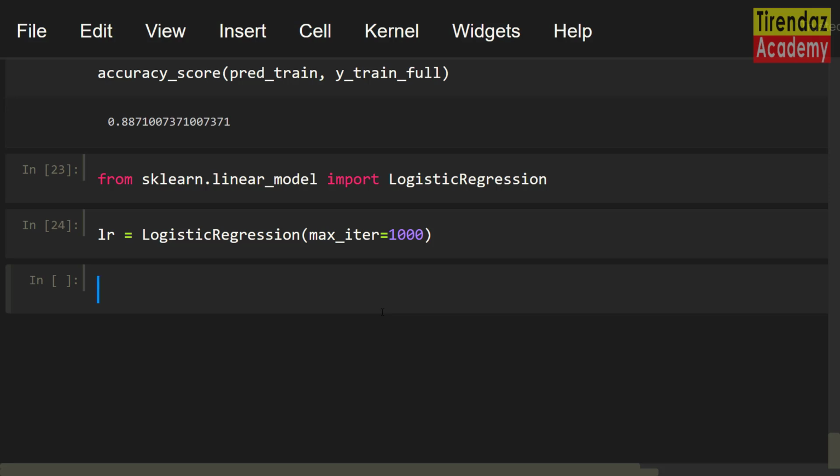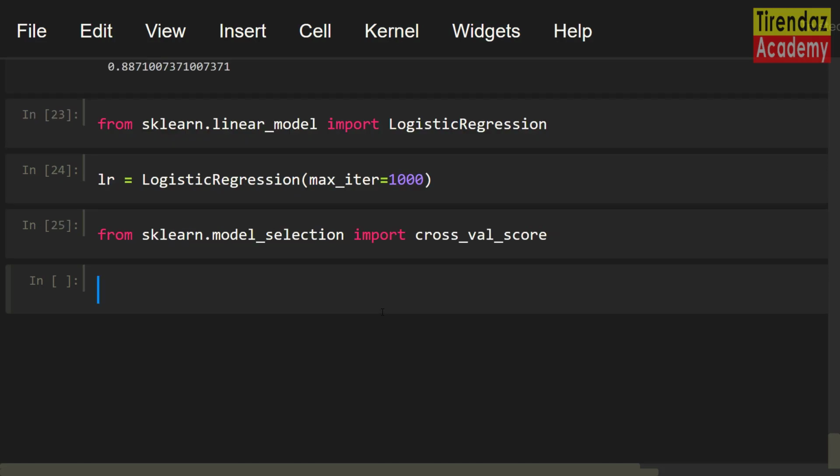To train the model, I am going to use the cross-validation technique. This technique uses the k-fold approach. In this approach, you split the data into k folds. The model is built with k minus 1 folds and the model is evaluated with the remaining fold. First, let me import the cross_val_score function from sklearn.model_selection import cross_val_score.